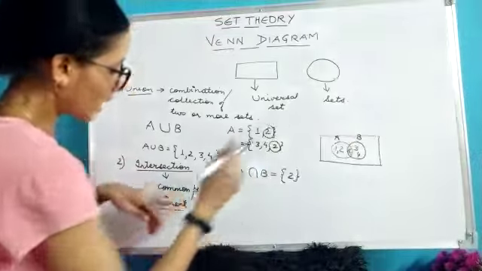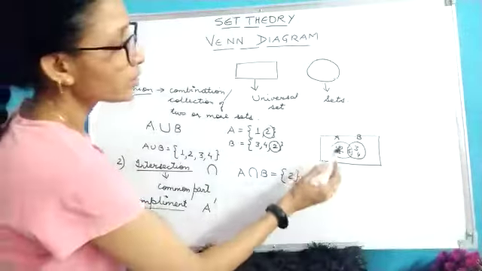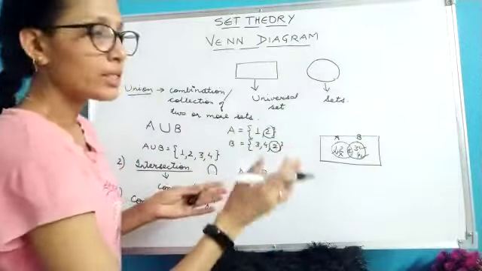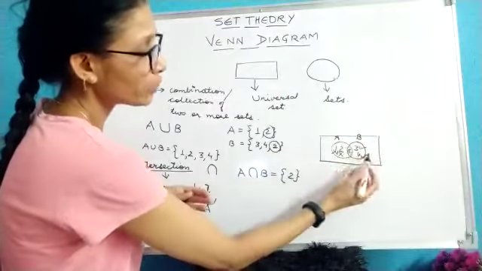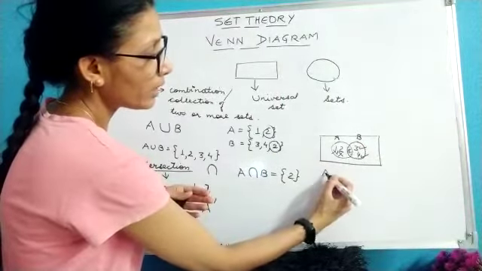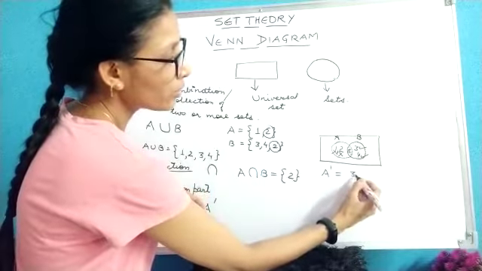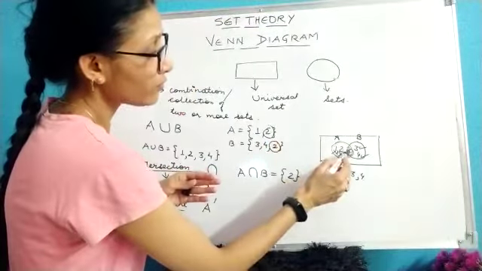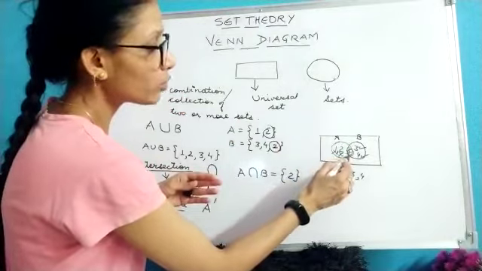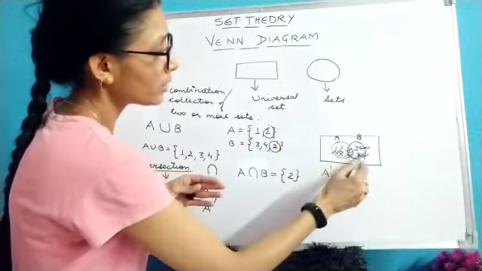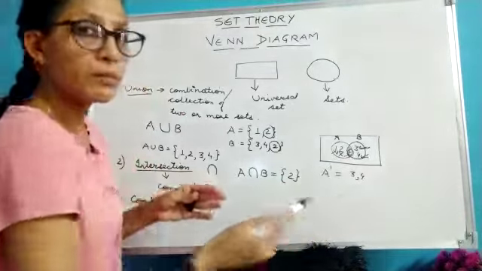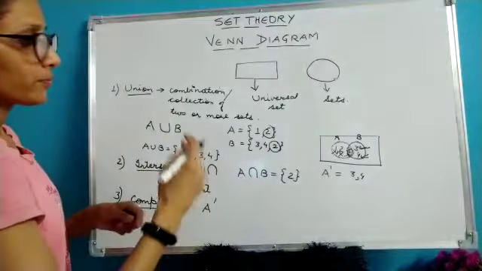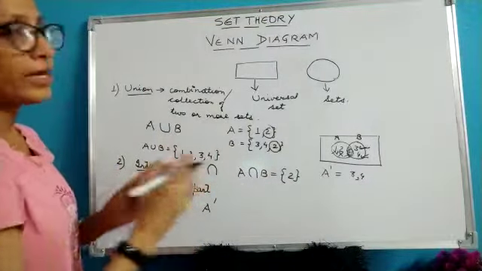So A, B. I want to write complement of A. That means I will not consider 1 and 2, but I will write all the elements present in the universe. So say here I have just written 3 and 4. So my A complement will be just 3, 4. Although this 5 is common in both of them, that means this 5 is also present in A. That's why I am not taking this 5 also, and I am just taking 3 and 4. So A complement means leave the elements of A and write down all other elements present in the Venn diagram.